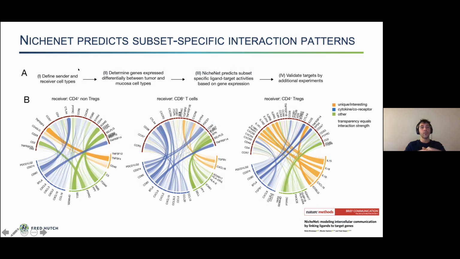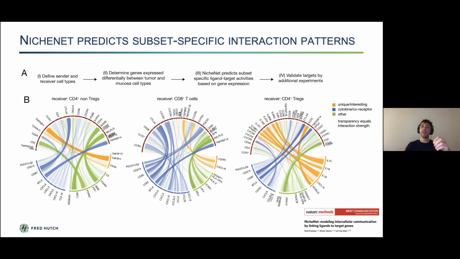So basically, the cool thing about it is, as an input, you can use single cell data, and you can define whatever cluster you want to define as a sender cell population, and you can define whatever cluster you're interested in as a receiver cell population. Then you can run a DE gene test, a differential gene expression test, on the receiver cell population and look at